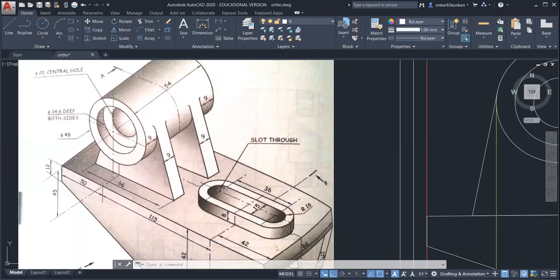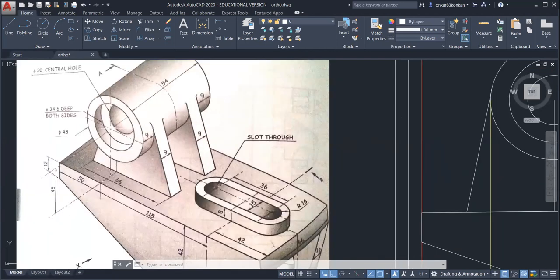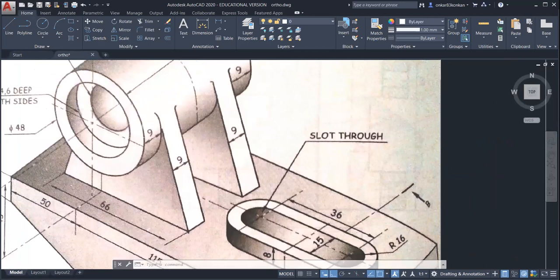Okay, so similarly, we should draw another rectangle. So you can observe here, this circular hole is actually hidden in the top view. Okay, that circular hole has a dimension of 20 mm diameter, and it is 9 mm inside. You can refer here to this 9 mm dimension given.